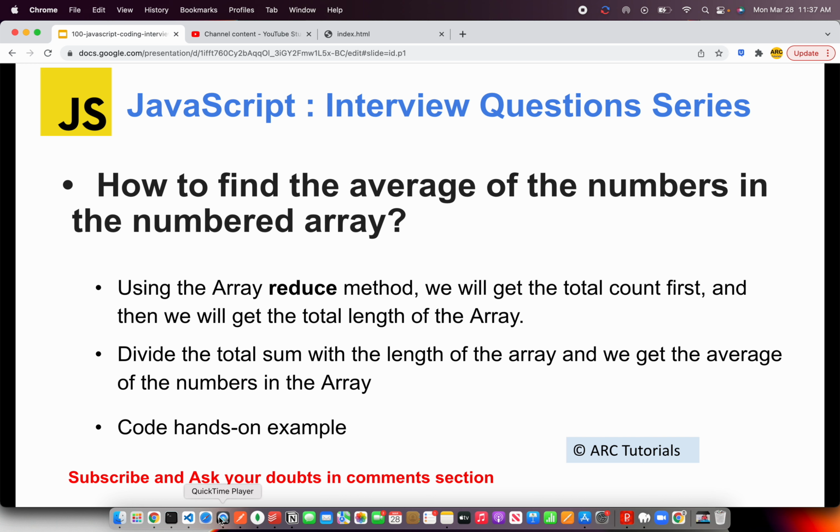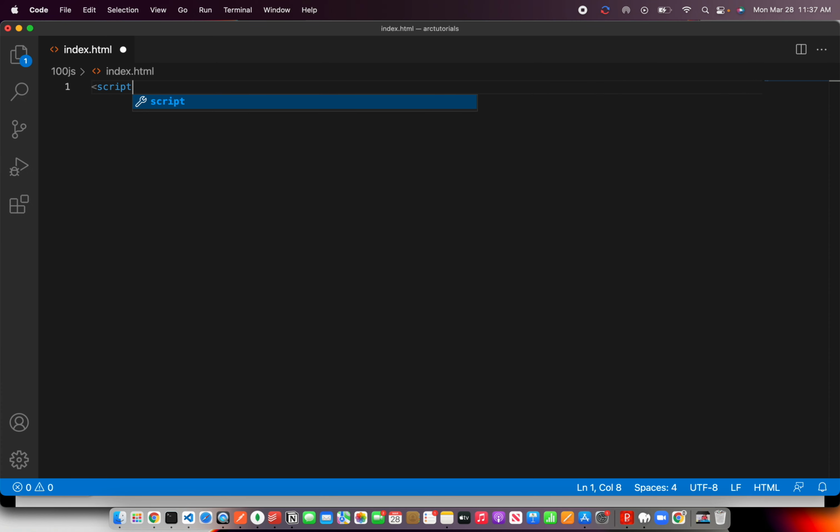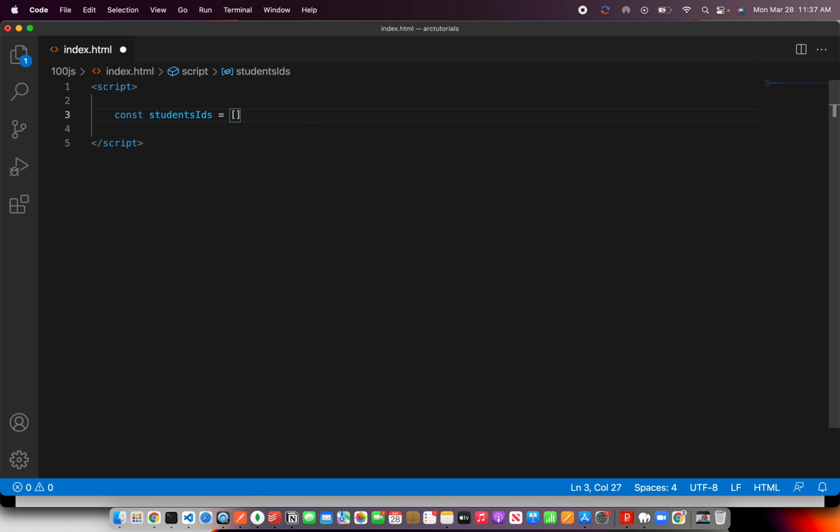Let's get started. So I'm opening up a blank editor just so that you know that I'm doing it from fresh. And as usual, let's have some IDs. It's a numbered array, so again throw in some numbers. Alright, so we got some numbers. So this is an array which has numbers. Now we are again going to make use of the reduce method to get the total count. So we can set first total count is equal to, now we'll go ahead and say studentIDs dot,